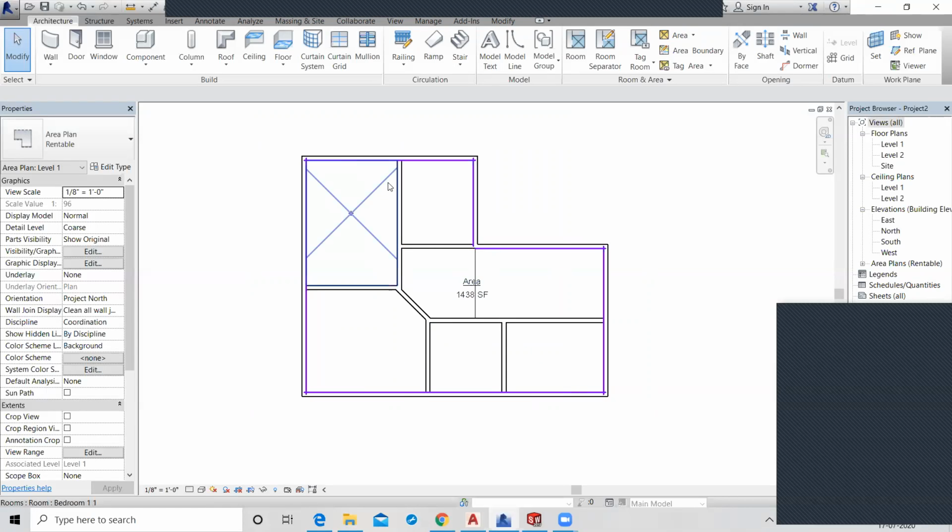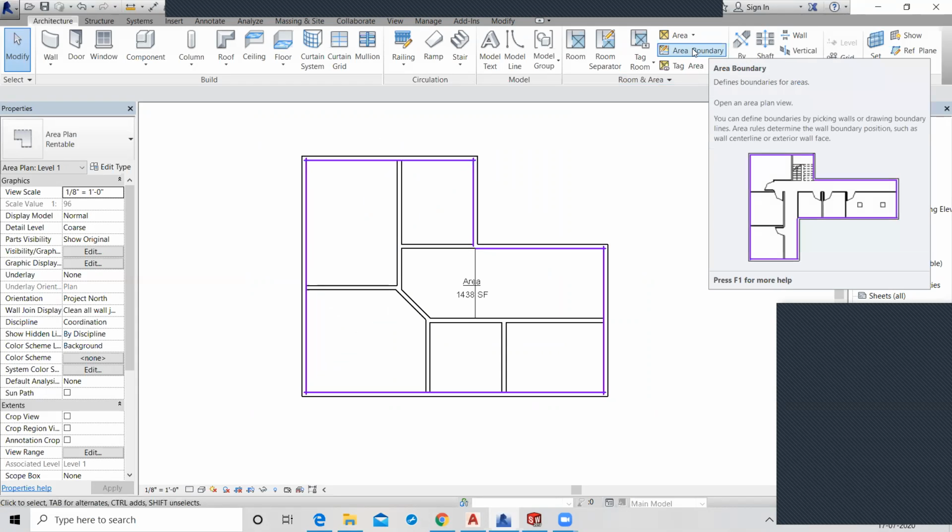If you want to show your area room wise, for this room, this room and this room, we have to draw an area boundary.